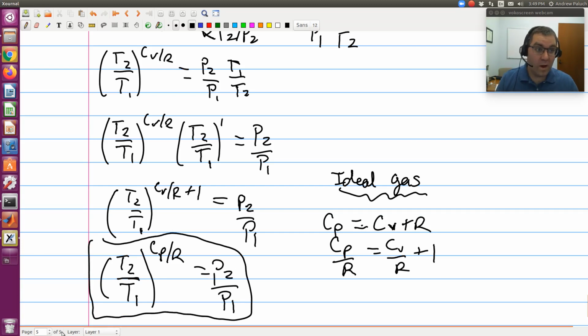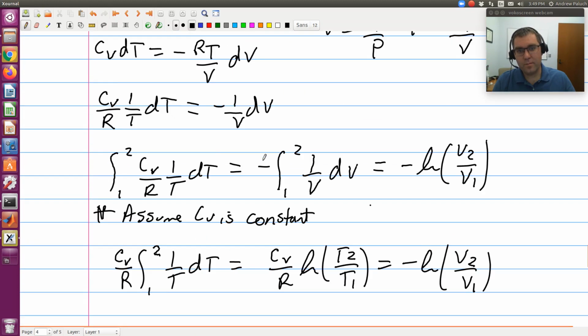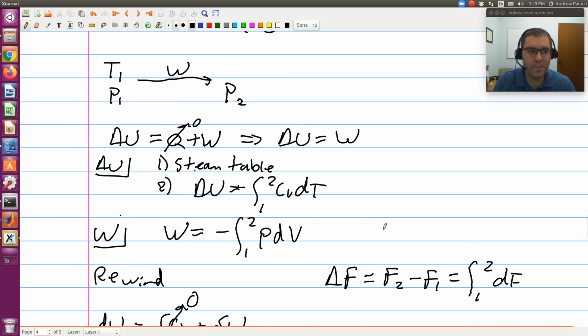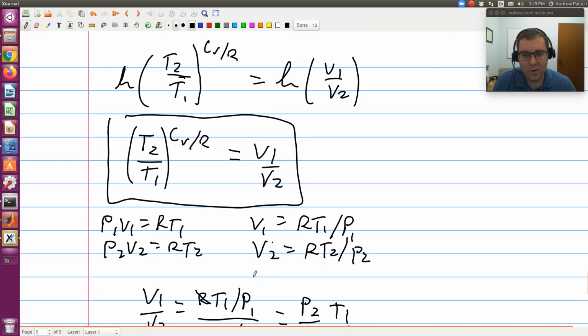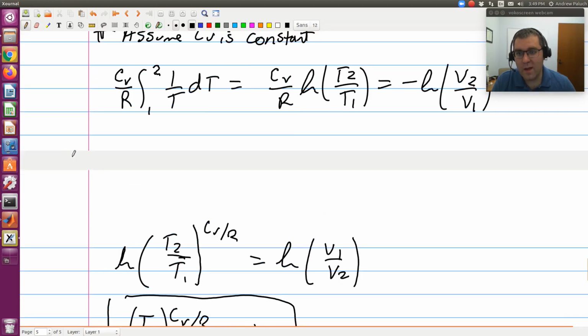Whew. So now for this problem, if we had an ideal gas, I know T1 and P1, I know P2, and presumably in the problem statement, we'd be given the heat capacity, which you are in the quiz. And so you could solve for T2. This gives you a way to solve for T2. Once I have T2, then for my adiabatic process,